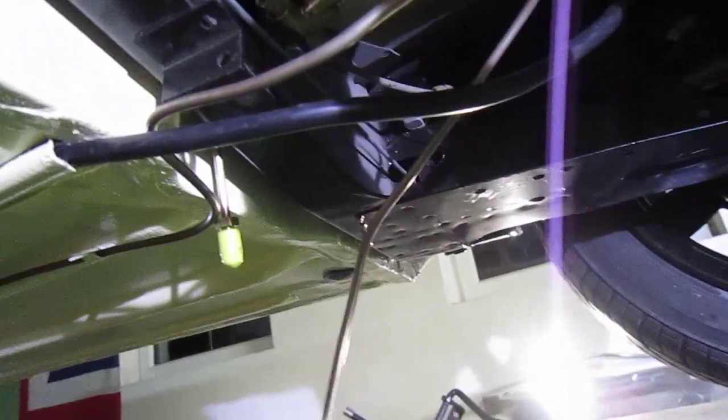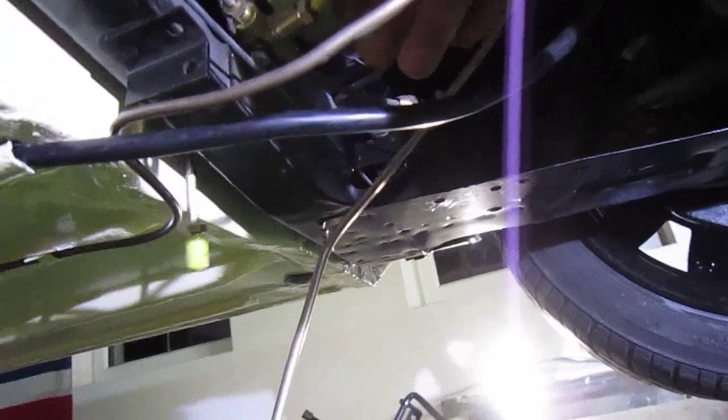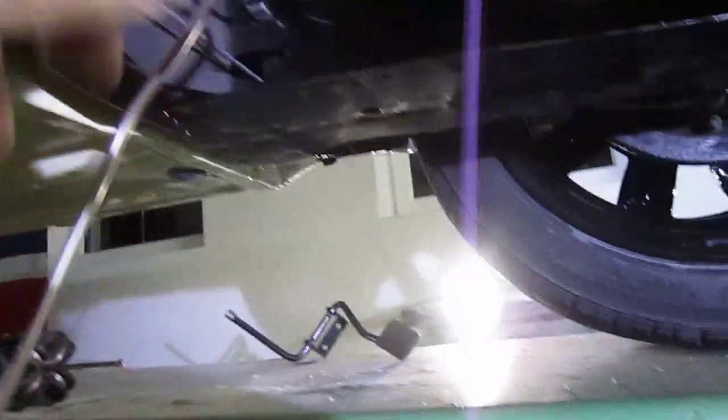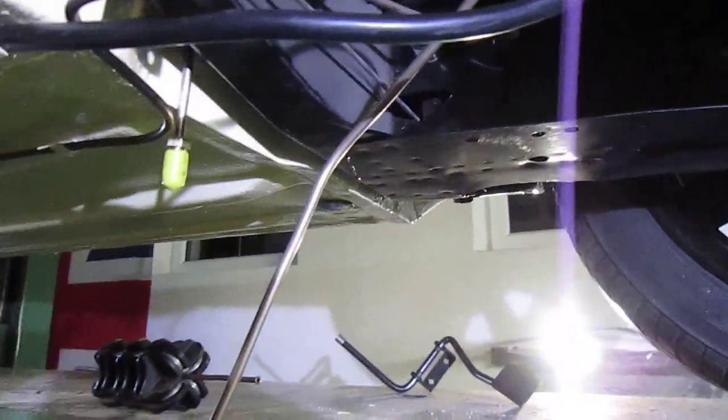And then you can drop it down into that space. Whether you could do that without that, I don't know. So I have 2 options here. I can either drop the subframe down and take this line, which I haven't cut yet obviously, and then go up the back and around, or I can bring the line in across here,